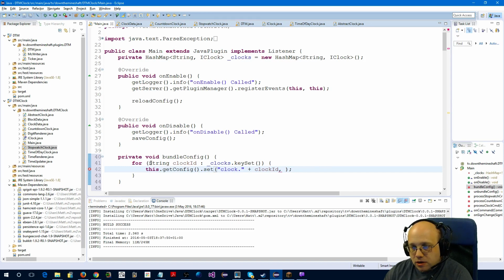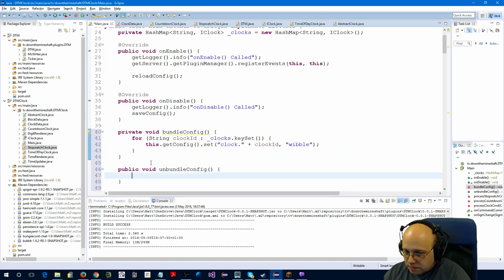Interesting. How am I going to encode that? For now, let's just put Wibble. We'll come back to that in a minute. So that's going to loop through every clock and persist all of the IDs and the word Wibble. There you go. Awesome. The partner function is going to look through